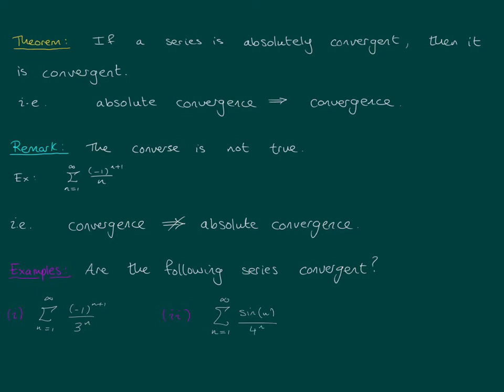Okay, so on the surface, these two series are quite complicated looking. You have an alternating series, and then you have this sine n in the second series that's going to have quite complicated behavior. So hint, test for absolute convergence. So see if you can make the absolute values of these a_n either less than something simple or equal to something simple. And if you can prove that these two series converge absolutely, then you're going to get that they converge. So at this point, pause the video, try and see if you can prove that these two series converge or not by testing for absolute convergence.